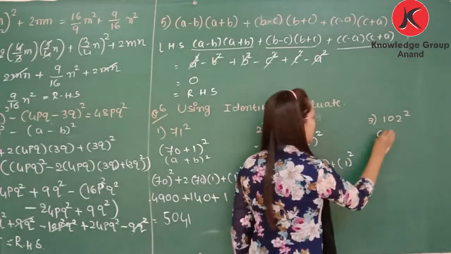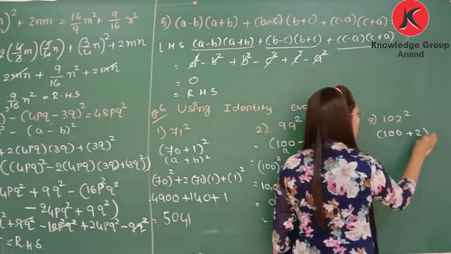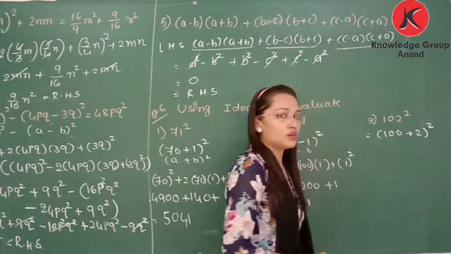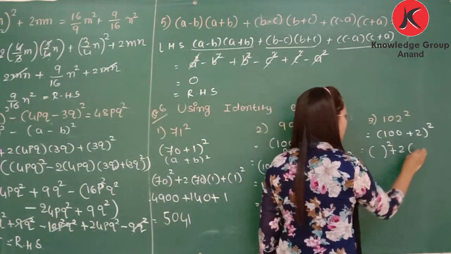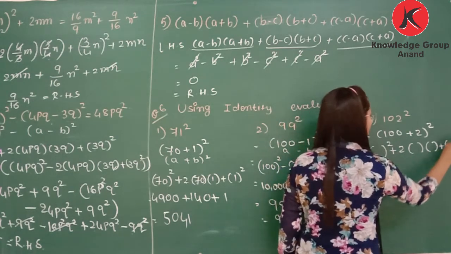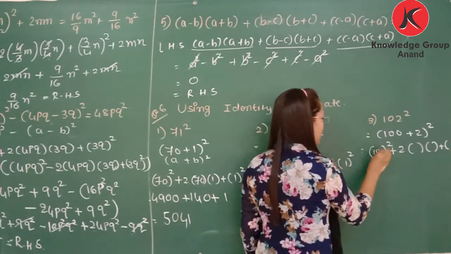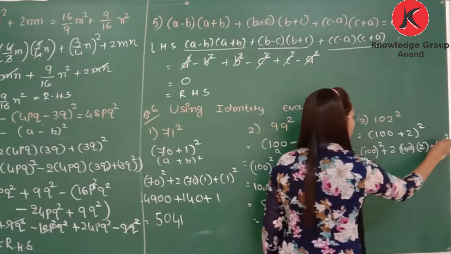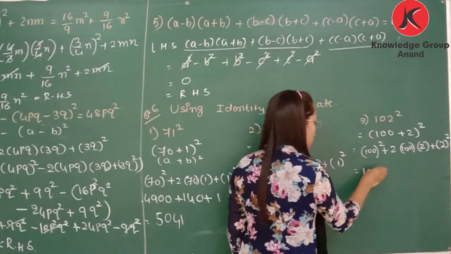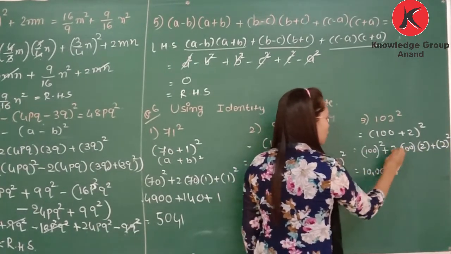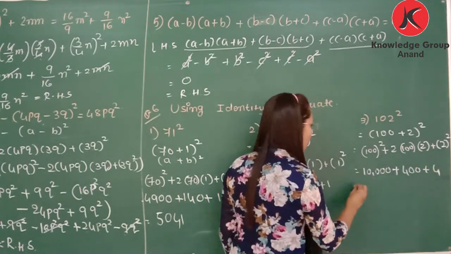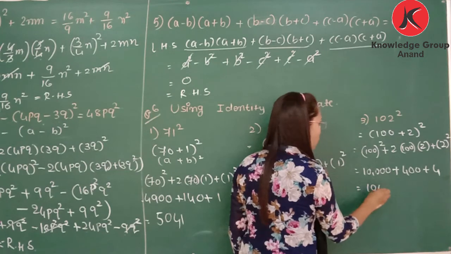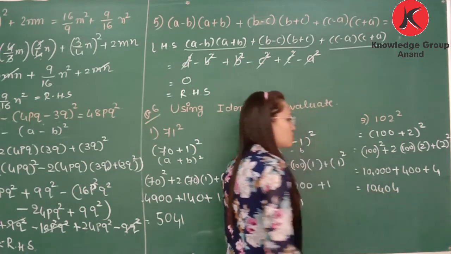Now next 102 square. So it is written as (100 plus 2) whole square. So it is 100 square plus 2 into 100 into 2 plus 2 square. 100 square is 10,000. 2 2s are 4 into 100, 400 plus 4. Now if you add, you will get 10404. So this is our